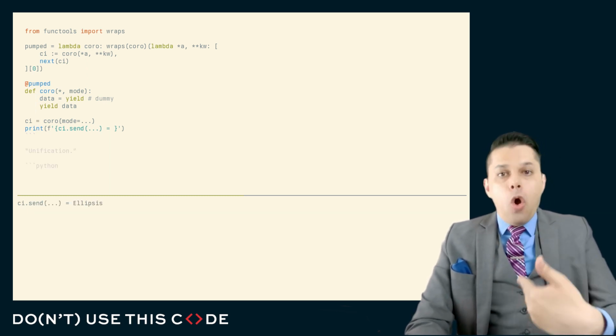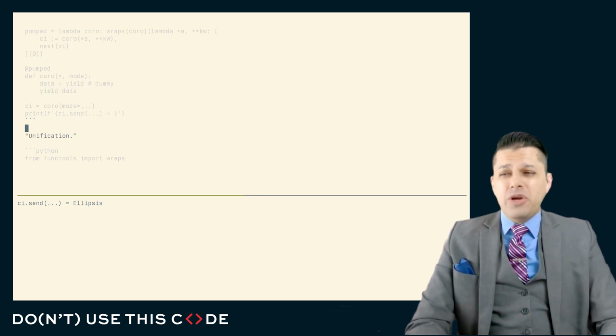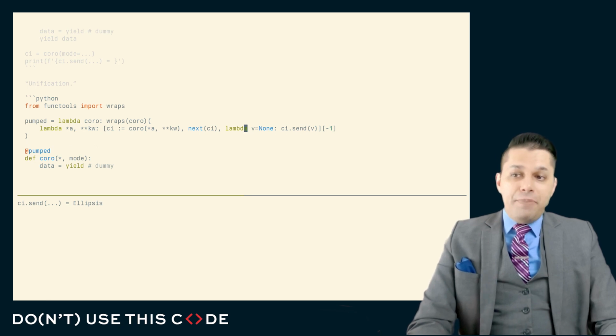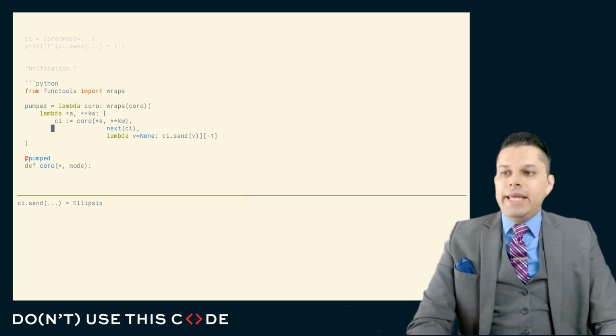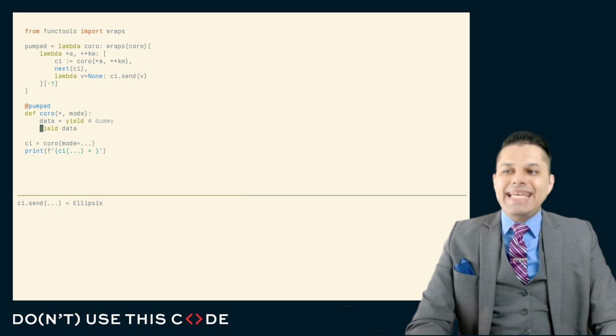This allows us to always send in a value from the very beginning. One additional thing we might do is what we might call unification. In addition to pumping this thing, sending in that first value, we may also wrap the coroutine instance in a lambda and return that lambda instead. So what we get from this is not something that we can call send on, but something that is indistinguishable